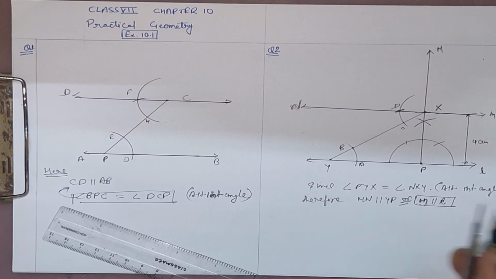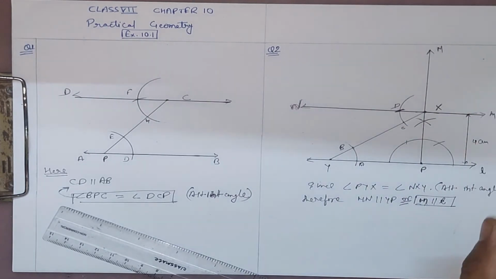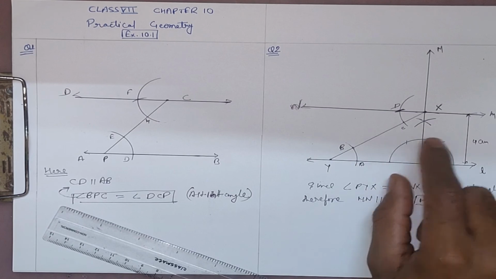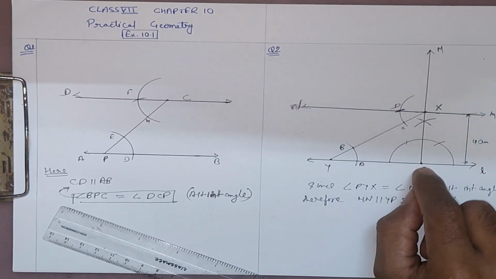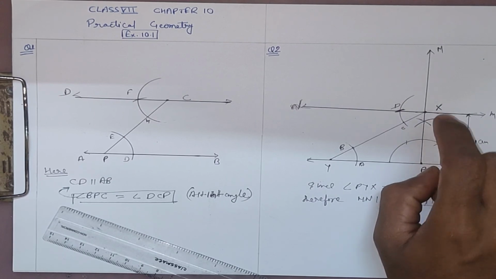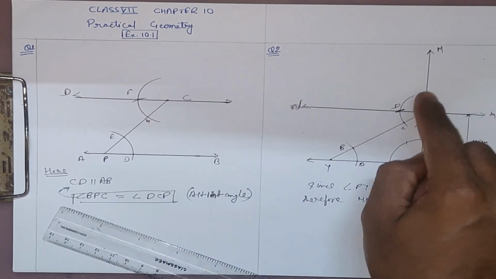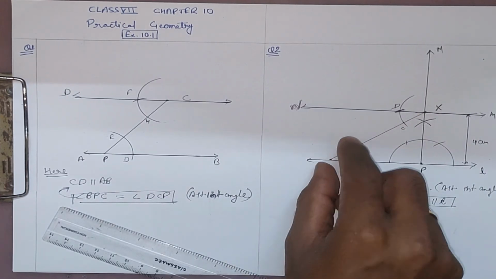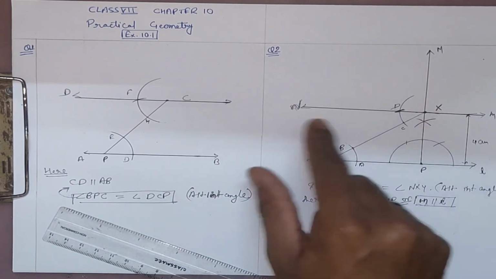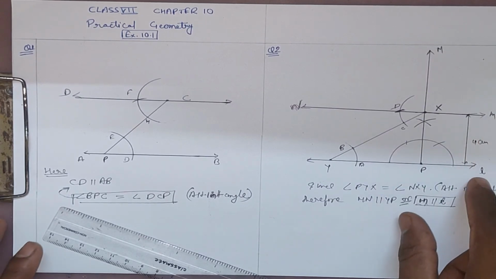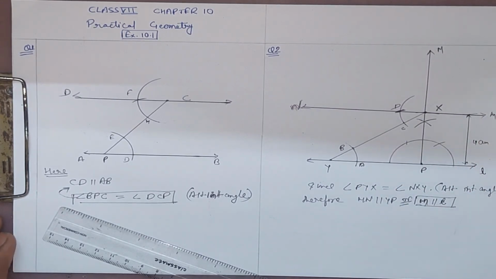Okay, so these are the 2 questions which are interrelated to one another. Let's quickly recall what we have done here. We have drawn a line L. We have taken any point P on it. After taking the point P, we drew a perpendicular at P. On it, at 4 centimeter distance, we marked a point X. That X we treated as an outside point. From that outside point we joined the line L, which will intersect at Y, and from Y we have drawn the alternate interior angle, and by joining the alternate interior angle points we get the other parallel line, which is the line M, parallel to L.